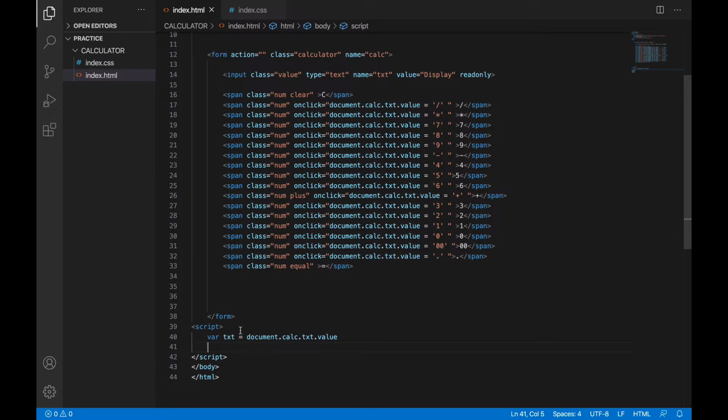So if I say variable text equals to, let me remove that display. Okay, how will I explain it? Let me take, for instance, if I want to output,